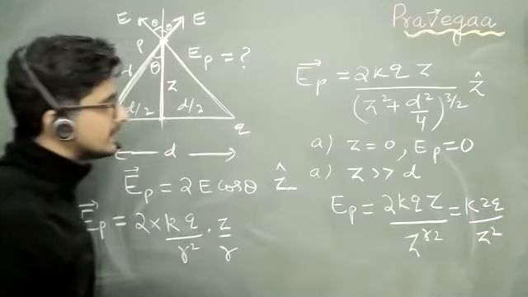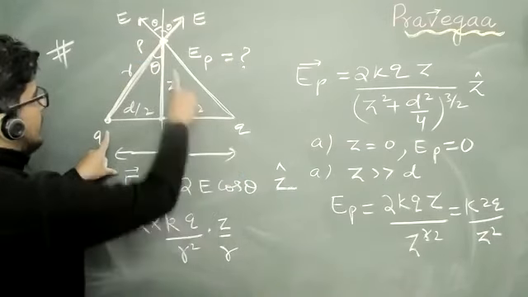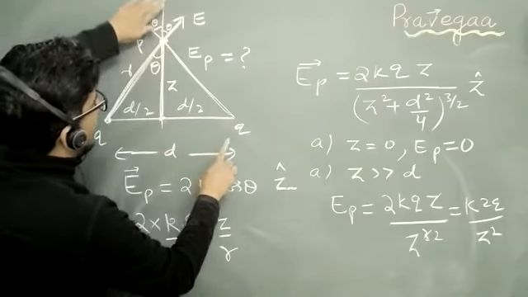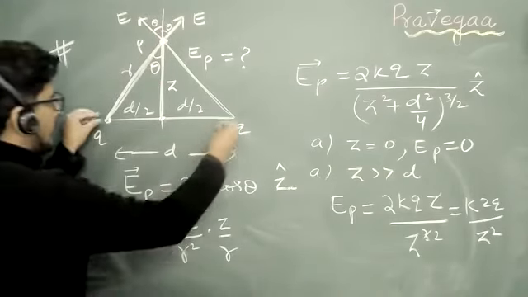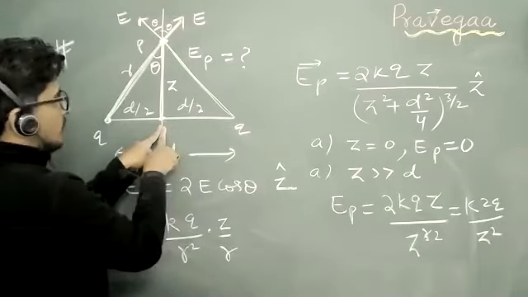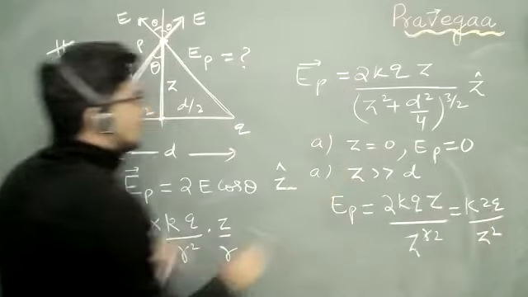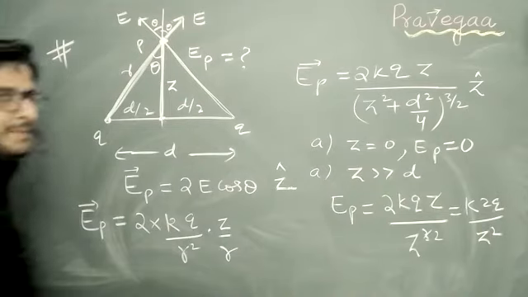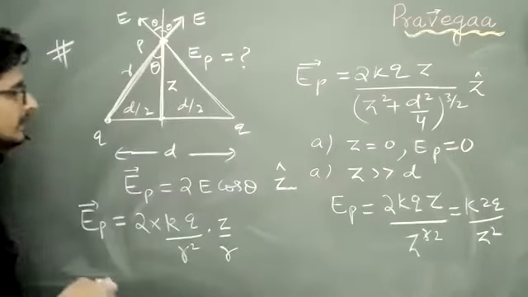And that is pretty obvious, because when you go far, two boys were standing and you were here, they both looked separate to you. You are going far and far and far. Now both are like sitting together. So when both are sitting together, they will become 2q. So that's why k 2q over distance square. Understood? See the beauty of mathematics and physics working together. Is this point clear to everybody?